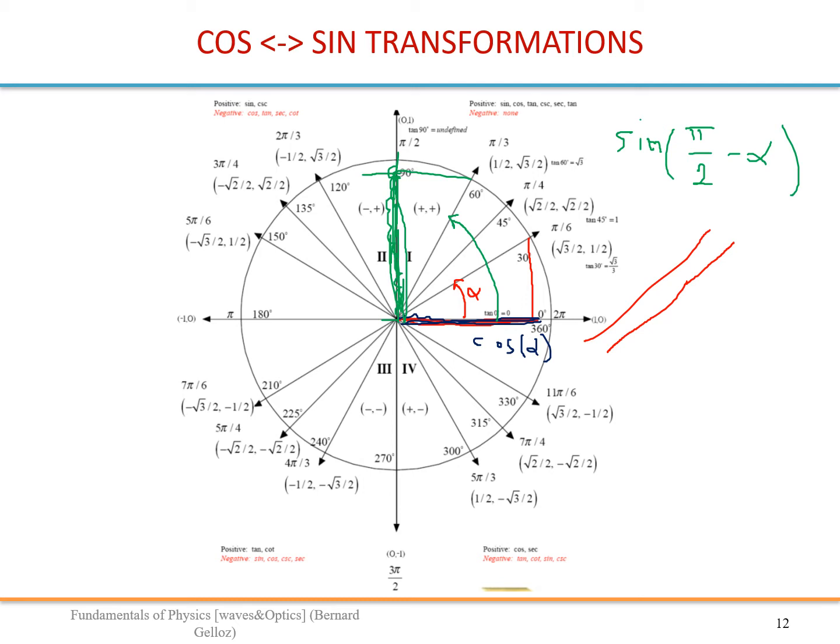Actually, you could also take this angle. Okay, I can take the purple. That angle is also okay. So in that case, it would be a sine of pi over 2 plus alpha. So using just a simple thing, alpha can be anything. I just selected 30 degrees, but it doesn't have to be. If you have a small angle, it's very simple to check this relationship using the unit circle.